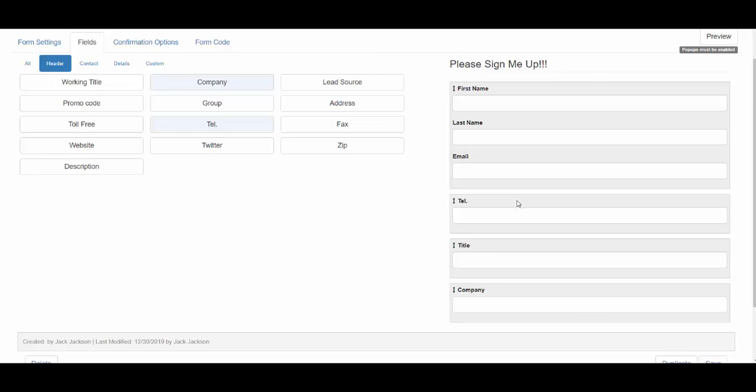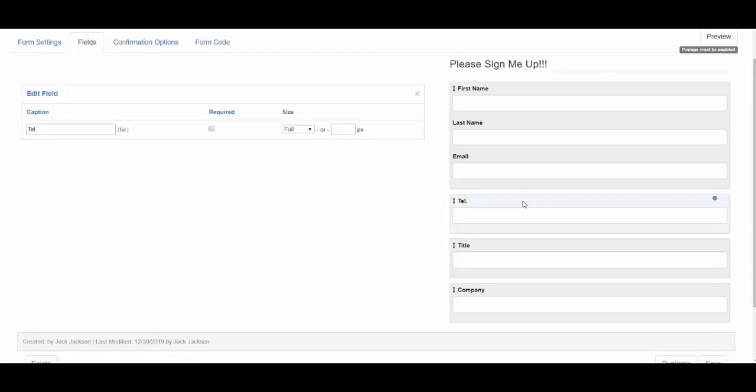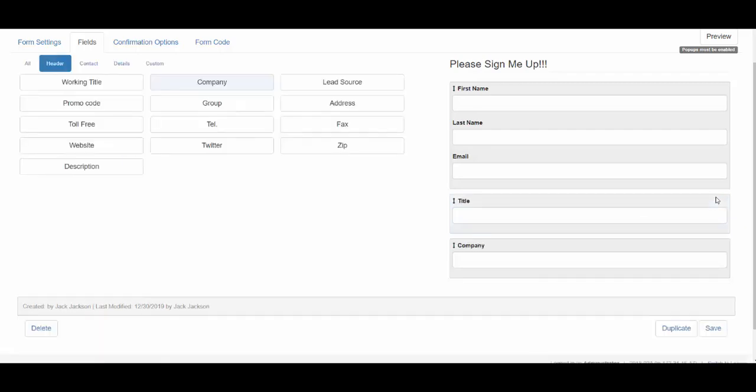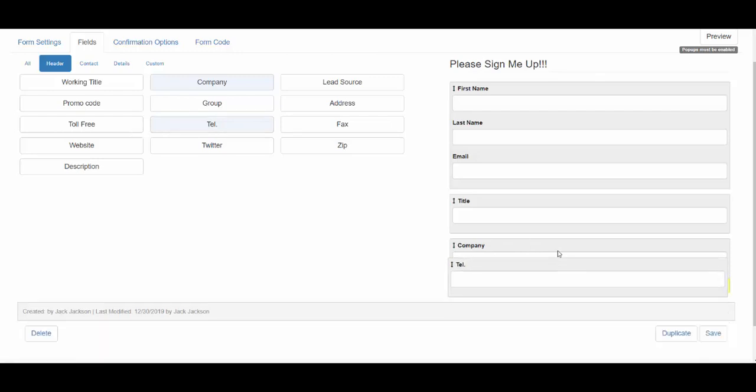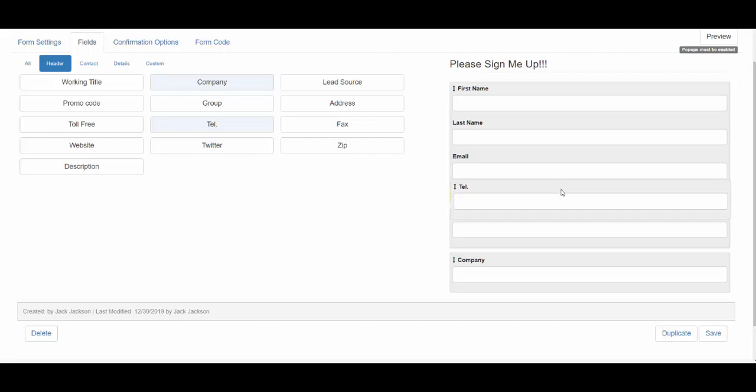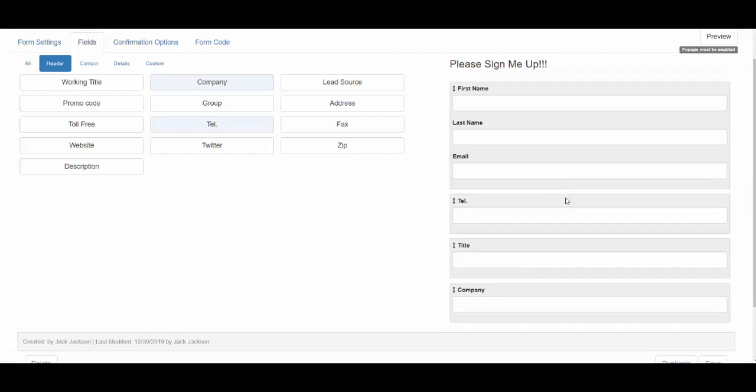And just as a side note, I could have removed the field by clicking on the gray area, and I see the gray area turn to blue, and this round button on the right can be clicked to remove a field. To re-add it, once again, I click it on the left, it reappears, and then I can reposition accordingly. I would like for telephone to be between email and title, so I'm going to click and drag and drop,